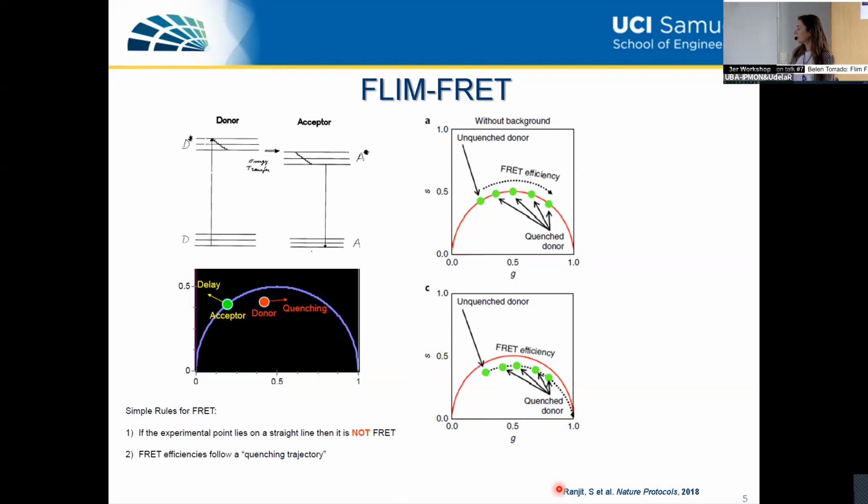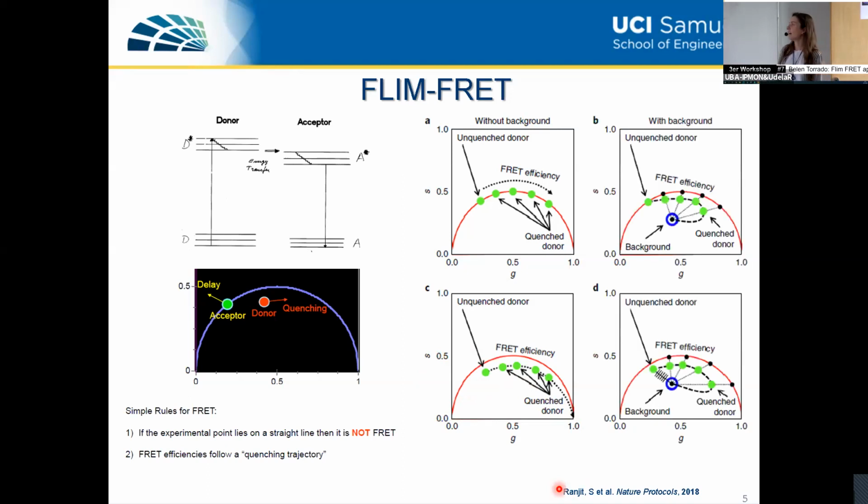But in practice, we also have autofluorescence in the cells, and we have background, and that will modify the trajectory. So in the first case, for example, in the monoexponential case, we see that the points are going to be a linear combination between the autofluorescence and the quenched donor. And the more you have,